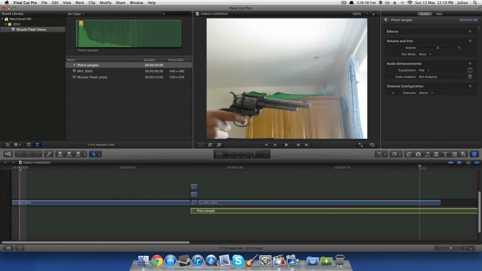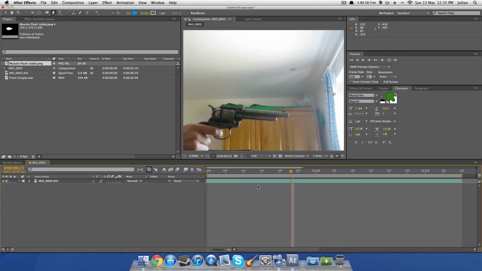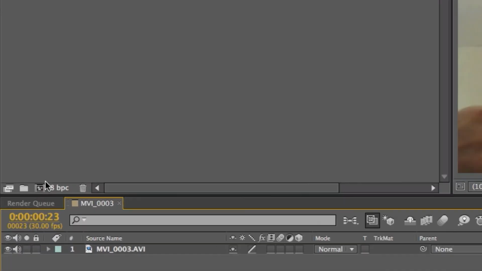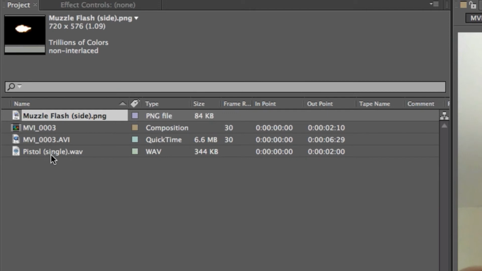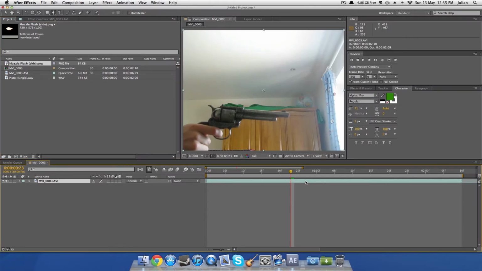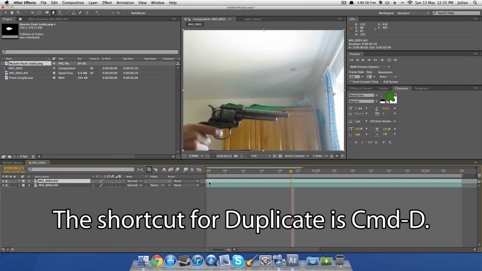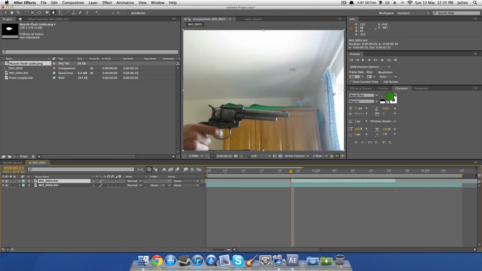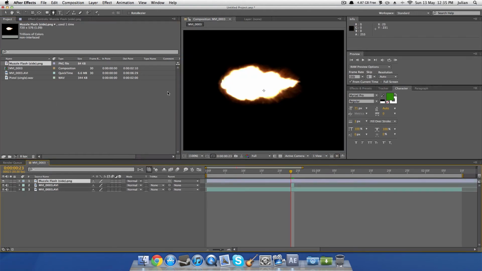But now I'm going to show you how to do it in After Effects, which is where it'll look a little bit more professional. So when we're in After Effects, we want to drag down our base layer onto this button right here, which is the new composition. I also have my muzzle flash image and my pistol sound ready to go. So what we're going to need to do, as before, is duplicate this layer. And we're going to trim the layer down to the part where the gun fires, as we did before. Just like that. Then we're going to add in our muzzle flash image, right about there,